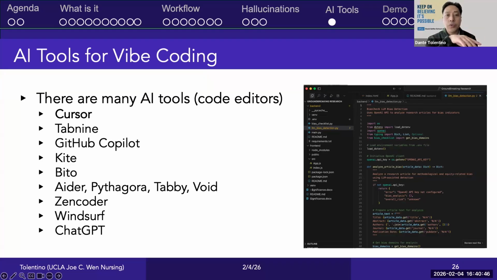I mostly use Cursor because that's what I was trained on by Dr. Go. And so I'll show what Cursor looks like and how you can interact with it in this very short demo that I'm going to do in a second.